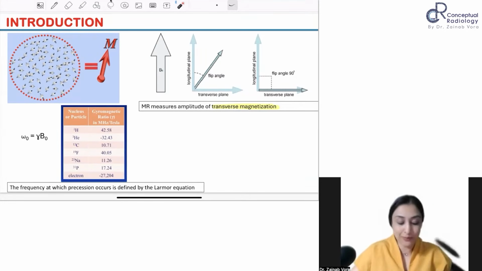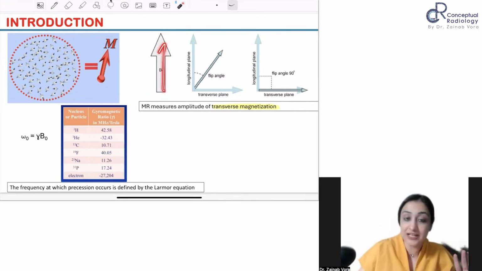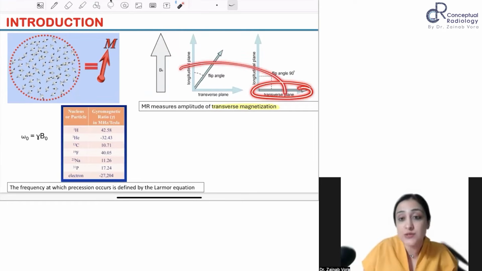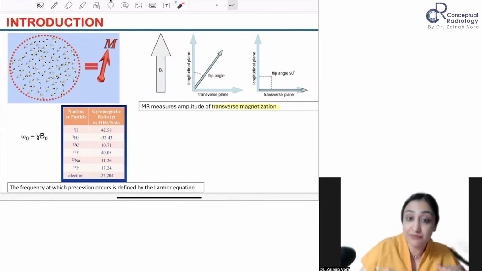I'll go back to it. I skipped a few steps here. So you had everything aligned along the Z axis. I now need to convert it to the transverse plane. Only then can I measure it. So to do that, we have to give an RF pulse. All right. So I've given an RF